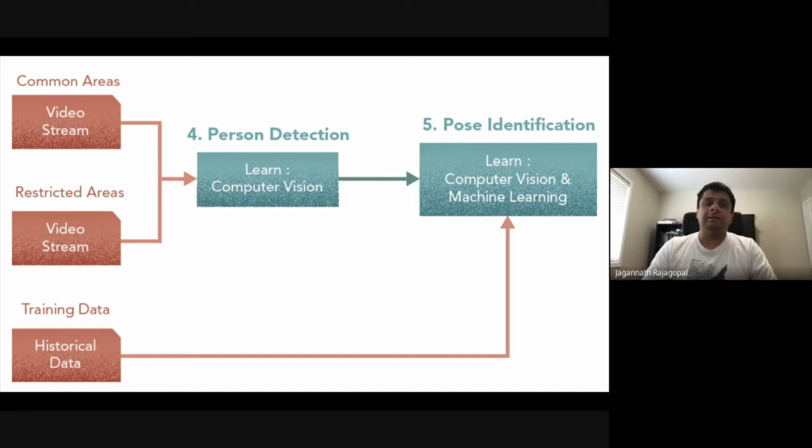Now, once you've done that, the next step would be to identify the pose, right? So the person detector feeds the pose identifier. This is also a machine learning step. Whereas with step 4, we relied more on traditional computer vision techniques, with step 5, we are probably going to be very heavily machine learning or deep learning based in this situation. There's two options here. The first one is to estimate or build up a stick figure. So you're talking about detecting the joints, connecting them to create a skeleton, and then characterizing the pose of the skeleton.